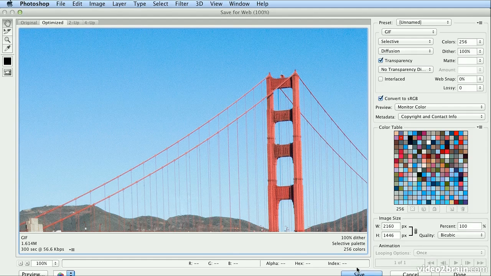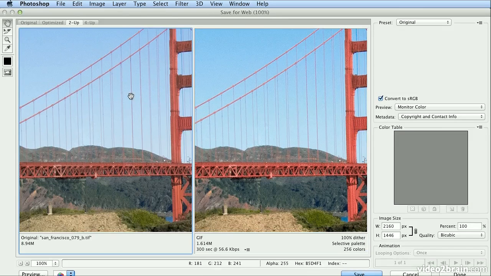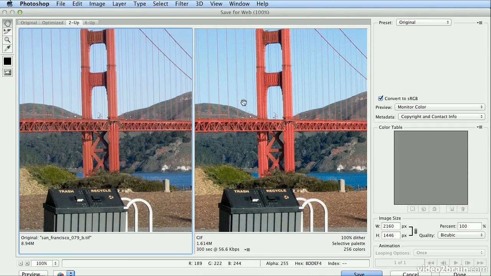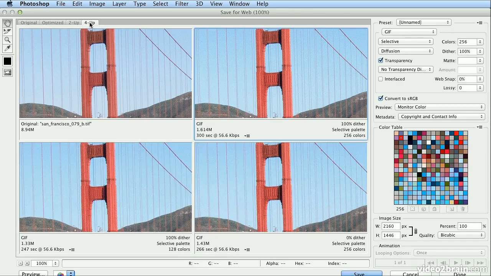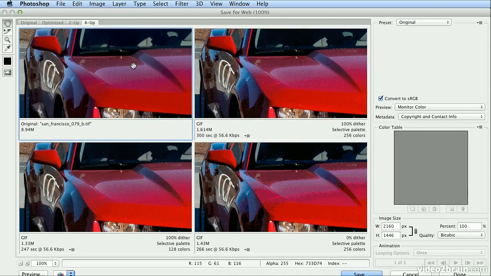So let's see what our options are for web delivery. You can use 2-up to compare these side by side, and I'm on the hand tool and I can pull a different area into view, but I'm seeing a pretty severe shift here. In fact, if I want to test many different versions of this, I can hit 4-up and maybe bring the car into view because that's in the foreground. It's more of the focal point of the shot. And in the original, the hood is nice and smooth, but here I'm getting undesirable patterns in each. What this does is it gives me 4 areas, well really 3 areas to play with to get the ideal